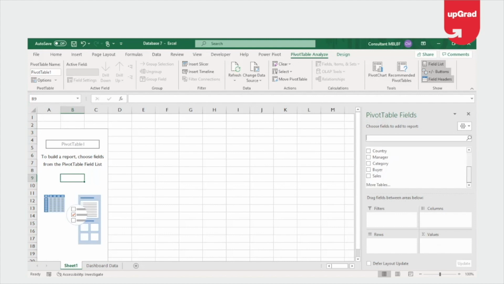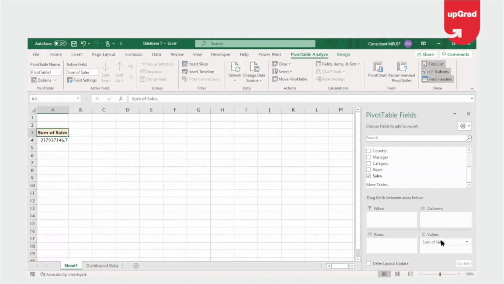So if I drag and drop any of these fields, say sales, and drop it into the values, Excel automatically identifies that it is a number and picks it up as a sum of sales. What is happening here is that it is automatically picking up a calculation, and that calculation is the sum. This is called an implicit measure. Why?